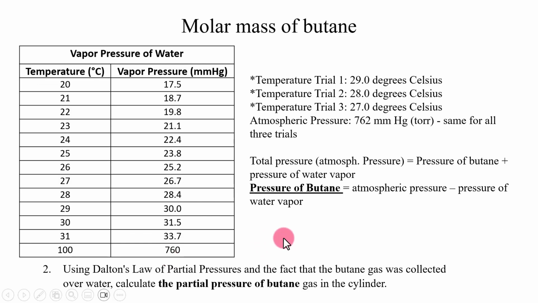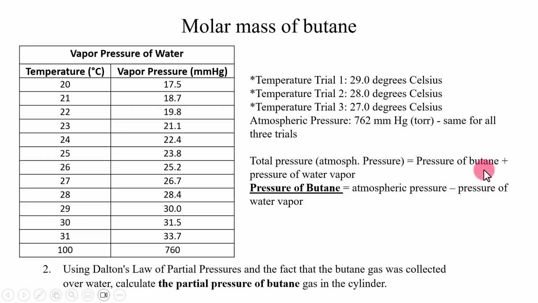Now let's take a look at part 2, or question 2. It's asking to use Dalton's law of partial pressures and the fact that butane was collected over water to calculate the partial pressure of butane in that graduated cylinder. Now, once we figured out what those values are, this is what you're going to use. We know that the total pressure, according to Dalton's law of partial pressures, or the atmospheric pressure, is